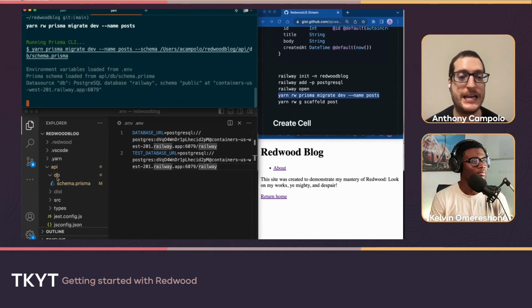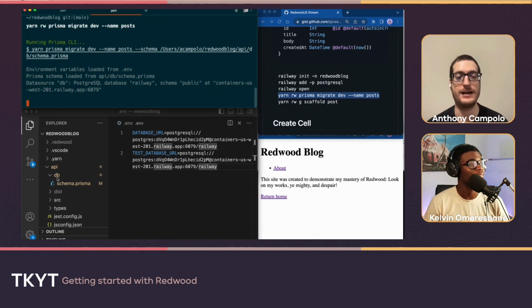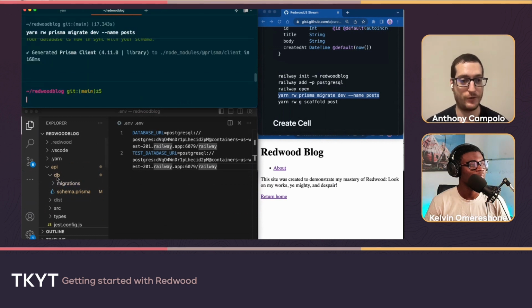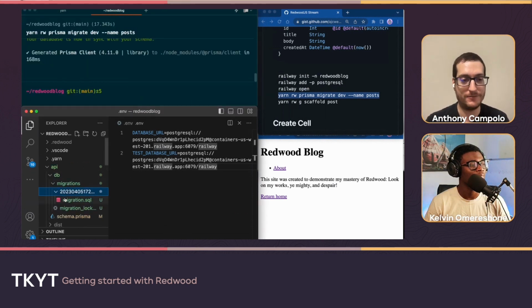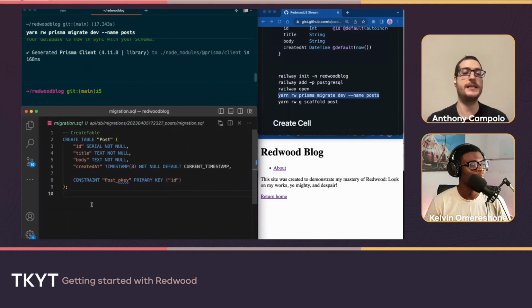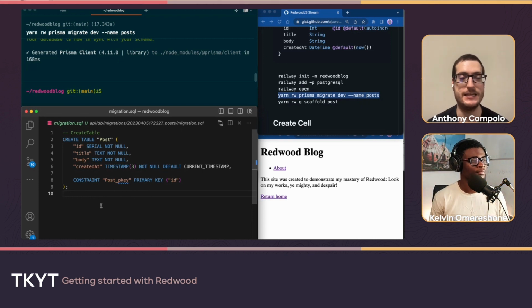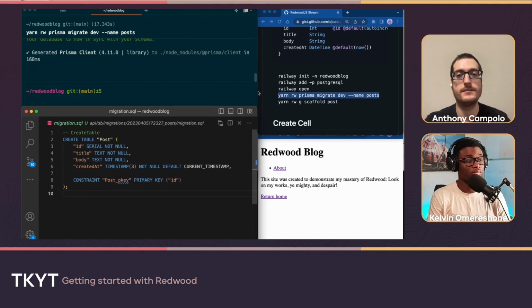And the cool thing here is that you'll actually be able to see the exact SQL that's going to be generated and used to apply to your database. So if you're someone who is not super experienced writing SQL, you can actually learn a little bit on the fly as you're going. So if you wanted to set up a database table yourself, this is the SQL you could run to do it. You create a table, post, ID, title, body, created at. And as I was saying, this will look slightly different if we were doing this with MySQL or SQLite, but Prisma manages the differences through the migration commands. Nice.